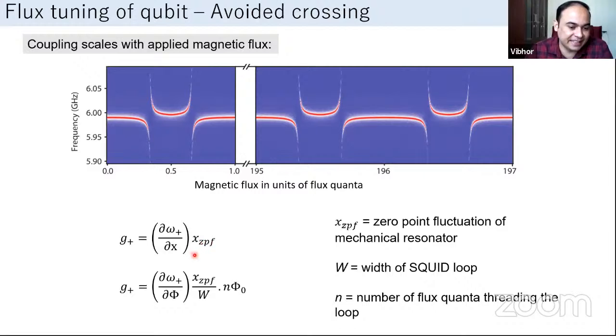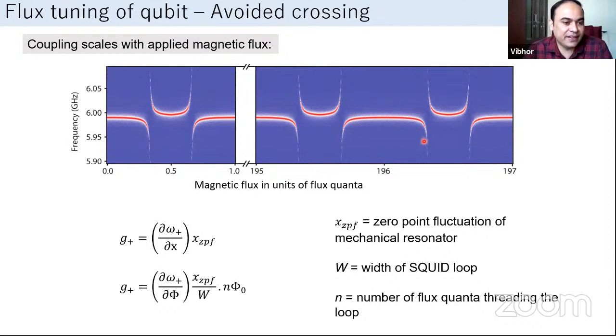This optomechanical coupling is defined as the shift in the dressed mode frequency due to zero-point motion. And like I said, if you apply a large magnetic field, then a small change in displacement would cause a larger change in flux, and hence a larger optomechanical coupling. So the optomechanical coupling in the system scales with magnetic field, or put differently, it scales with the number of flux quanta passing through the SQUID loop. So if we do this single tone spectroscopy of the qubit mode in different lobes where we have large magnetic flux applied, it's better to do such experiments where you can apply the maximum field, so that the optomechanical coupling can be increased.